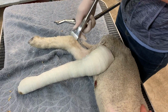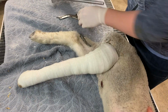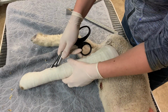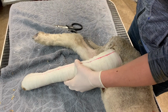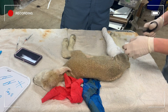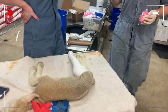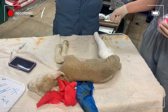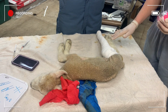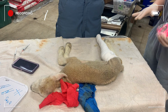Change the blade on there because they were way sharper than the last time I used them. They were super dull. Here's the pink. Sweet. My next step is my favorite step. Because a lot of people will put a cast right on here, but then when you're cutting through your cast, when you're done, it's all white. And you're like, when did I get through the right layer? And even though the cast cutter is not supposed to cut skin,